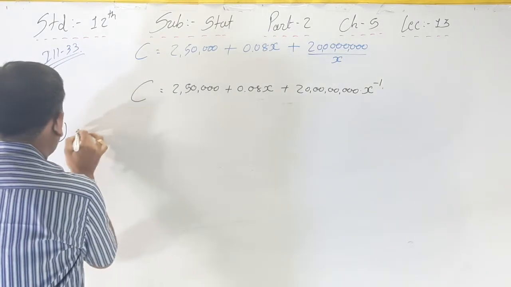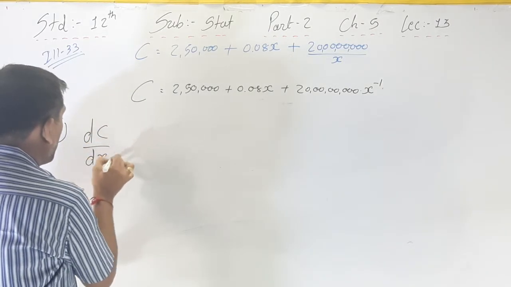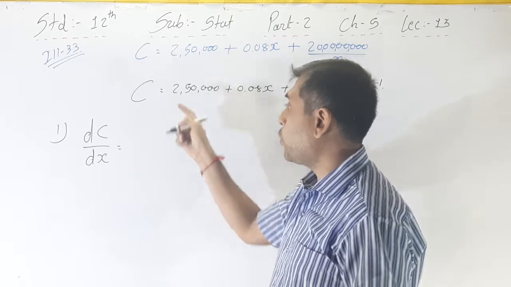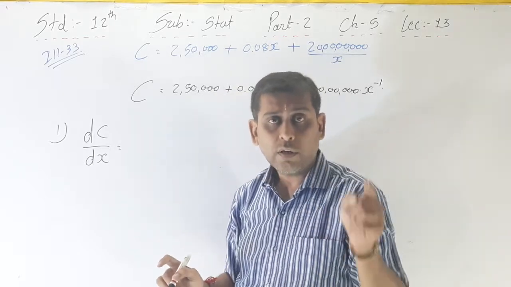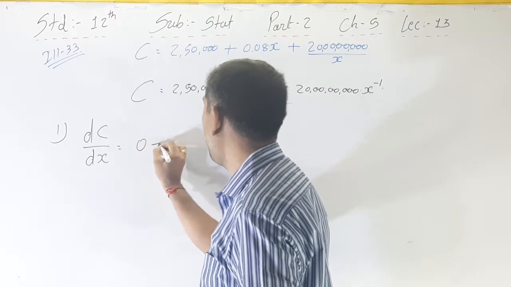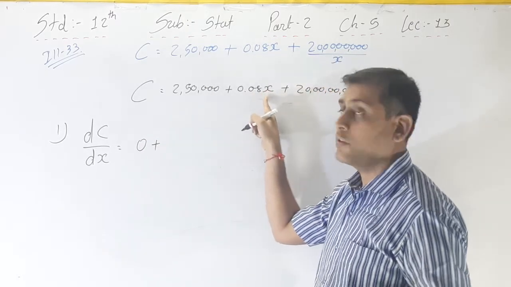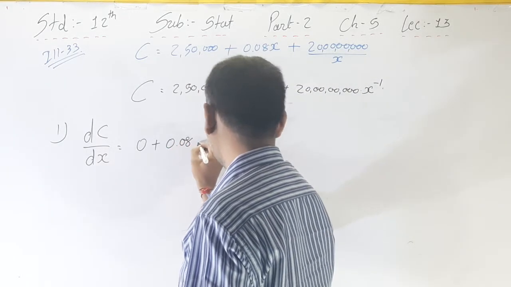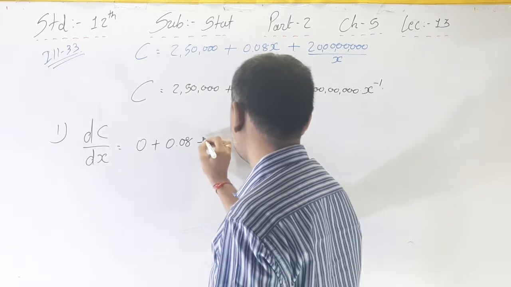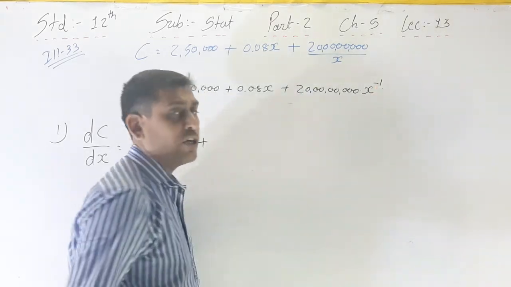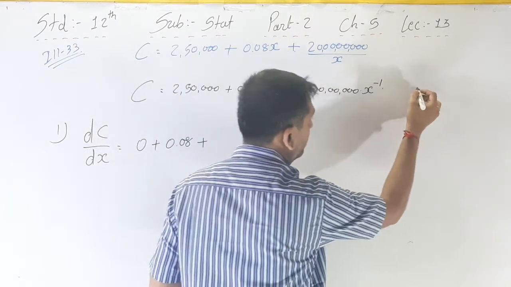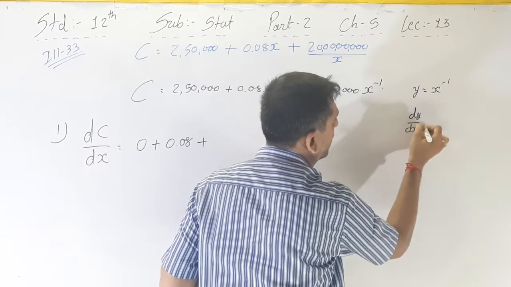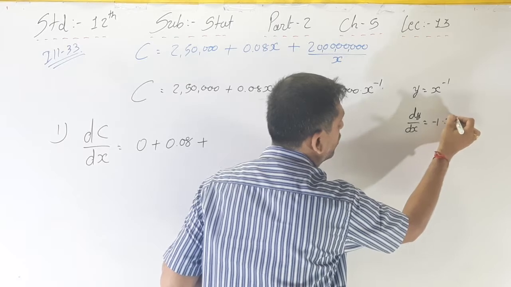Now the first condition: dC/dx, we have to find the first differentiation. Okay, so what is the first differentiation? See here, 2,50,000 is a constant, so here 0, plus 0.08x, the differentiation of x is 1, into 0.08, plus, what is the differentiation of x raised to minus 1? See, I am doing that here. If y = x raised to minus 1, then dy/dx is equal to what? Minus 1 into x raised to